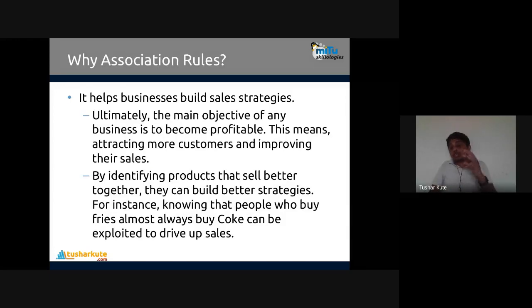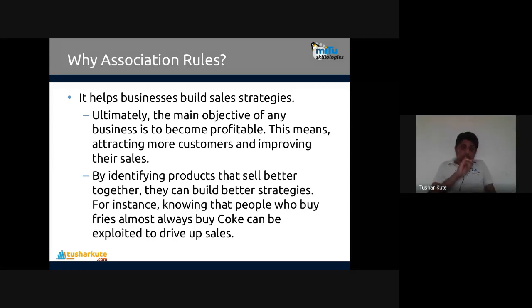Why are association rules important? Three reasons I have formulated here. Why do we apply association rules? From the company's point of view, if the question is like that, then you must be able to answer it. Multiple reasons are there. Out of the three most popular reasons that we can find, there is a very famous data mining book from Han and Kamber. Three authors are there. Han, Kamber, data mining, which is very commonly used for learning data mining. They have devised detailed ideas about association rules there. You can find that afterwards.